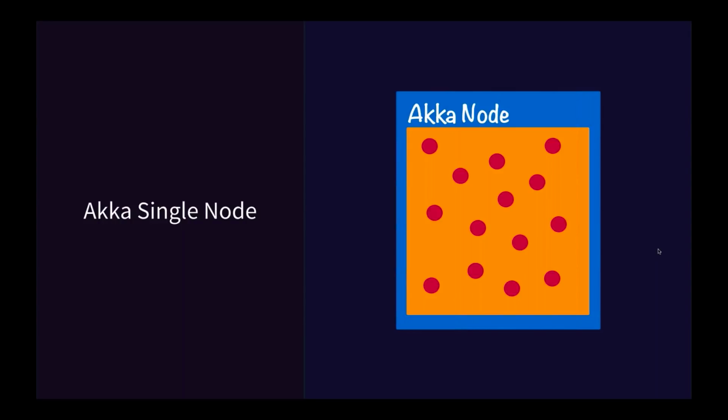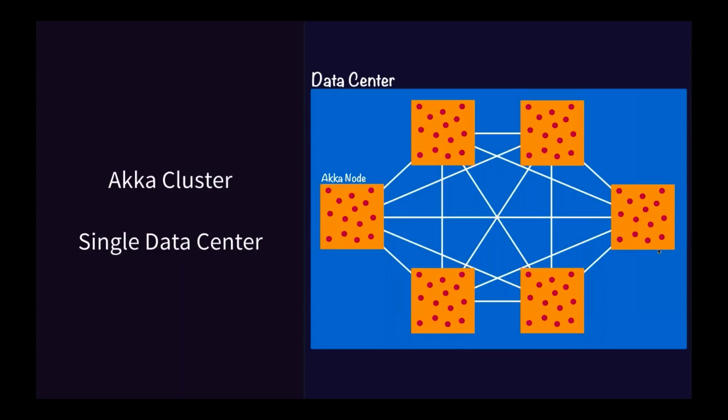I'm going to be using this diagram a fair amount in this presentation. The little red dots represent actors in an actor system. So this is a very common usage pattern for people that use Akka, where they run Akka in a single node, and maybe you're using Akka with Akka streams in a single node, or perhaps you're using Akka for doing some nice multi-threaded, highly concurrent operations. Actors are really good at that. Akka actors are really good at handling that.